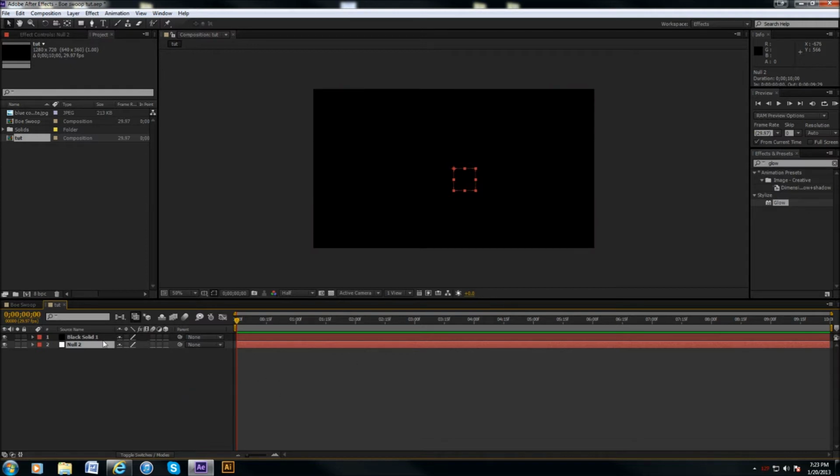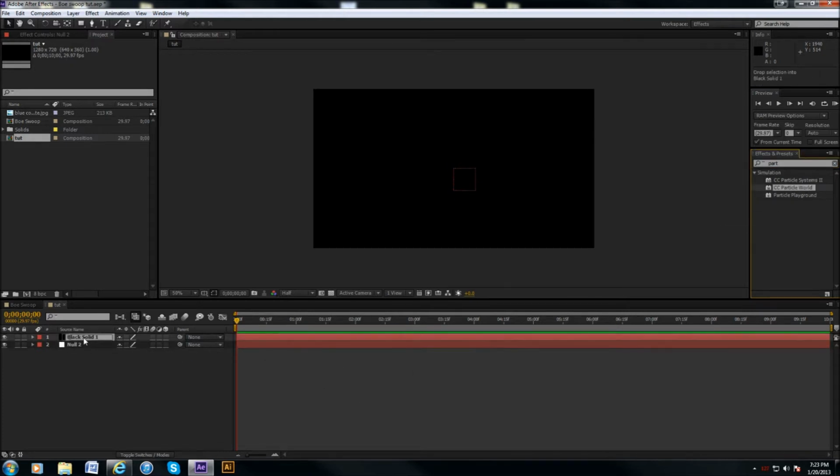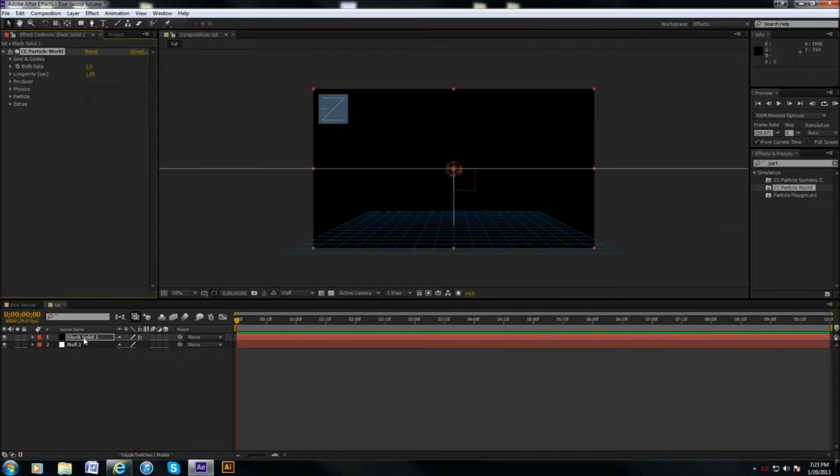But the first thing I'm going to do is go into my preset or my effects browser and grab CC Particle World. Drop that onto the black solid. Let's turn that off, and then